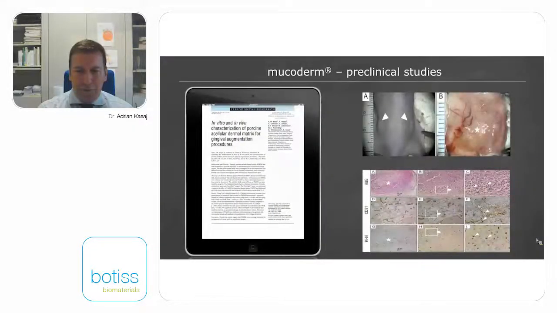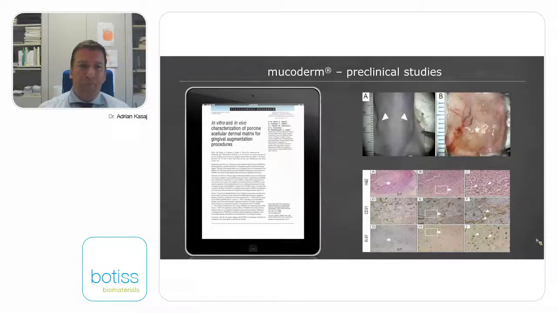From the results we have seen for the autogenous grafts, so the study by Guica, complete revascularization after 14 days. This is not the case with this acellular dermal matrix. Here the time of revascularization is prolonged, and so this is one of the reasons why this matrix shouldn't be exposed during the early